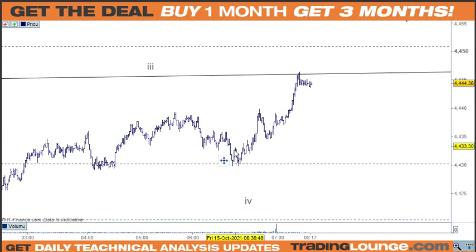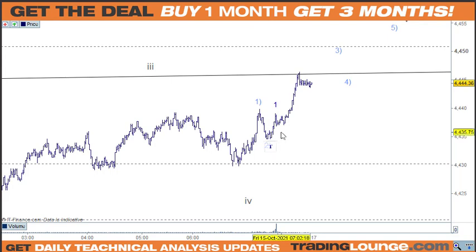I'm not sure how to count that. I don't know if that's 1, 2, 3, 4, 5 here or some other sort of thing, but that sharp pullback kind of reminds me of wave 2. So we can view this here as 1 here and 2 here, and then wave 3 will be up here for that. Then there'll be wave 4 and wave 5 up there to finish that off there, because in the middle here we've got